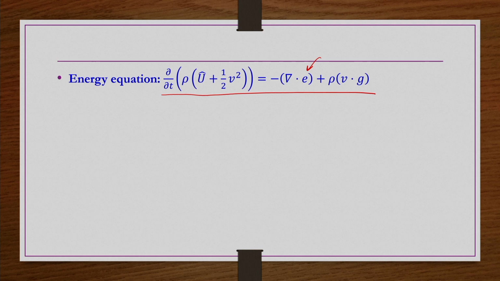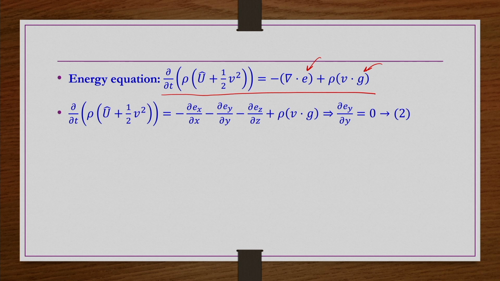Whatever the energy because of the gravity is there, that part is given in the last, that's potential energy, etc. Those things are coming from here. So, this equation we know. Okay. So, if you expand this equation, only this part we are expanding, because this E has all the components, all the contributions from conduction, convection, viscous dissipation, work done because of the pressure, etc. Then we simplify it. So, this if you expand, you get ∂E_x/∂x plus ∂E_y/∂y plus ∂E_z/∂z. So, that is written here.